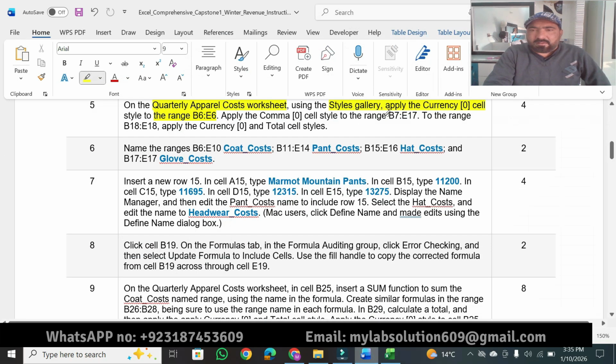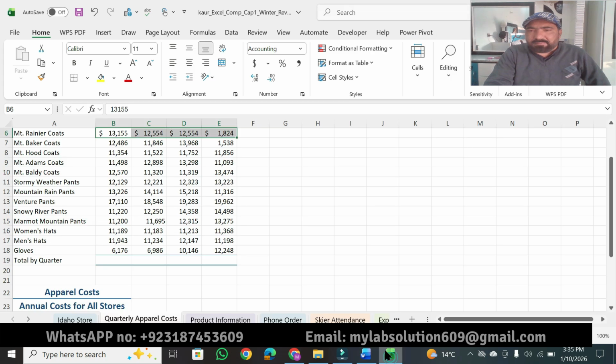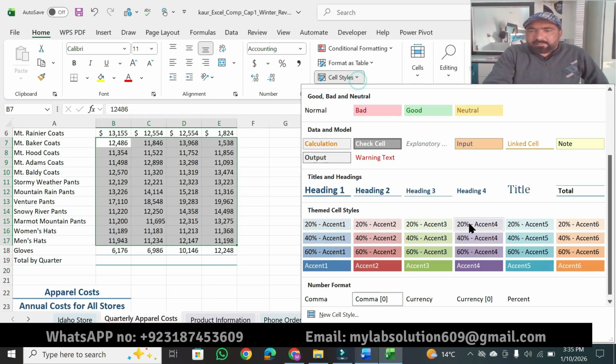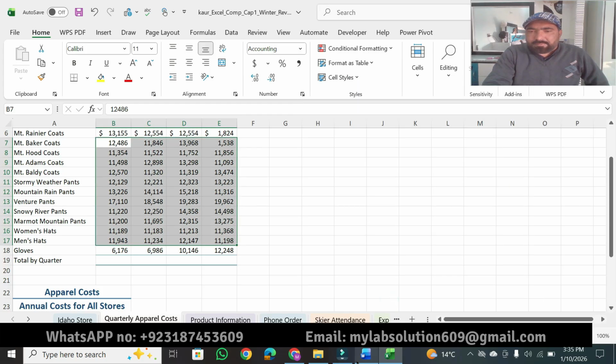Then apply the Comma 0 cell style to the range B7 to E17. Select B7 to E17. There we have to apply the Comma style. Okay, Cell Styles, and there is Comma 0. Okay, then